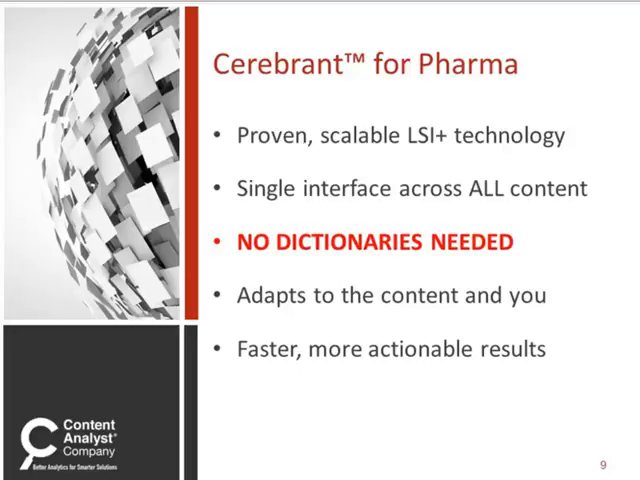So what we've done to help the marketplace out is take the technology from Content Analyst that's been proven in a number of markets, and we'll give you a few examples of that later, and create a SaaS-based offering. So we can bring something that is extremely high quality, eliminates the dictionaries, gives you a common user interface, can scale, understands your interactions so that you can find results faster, quicker, and more aligned to your needs in